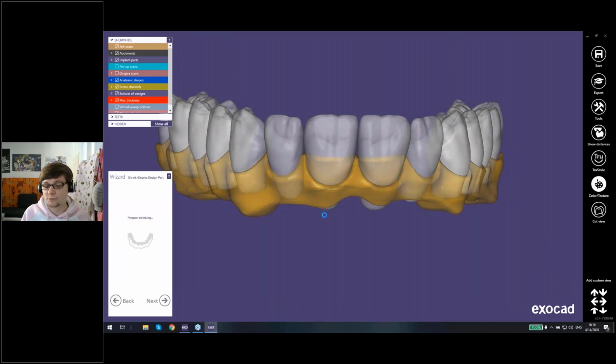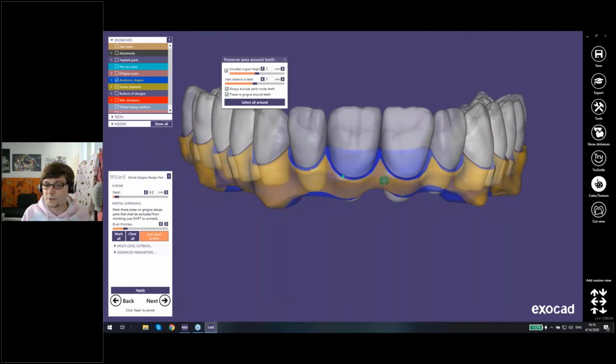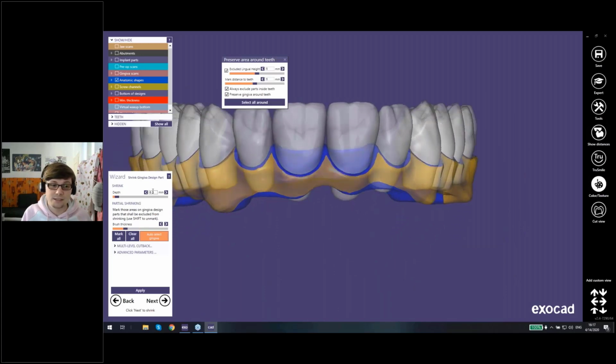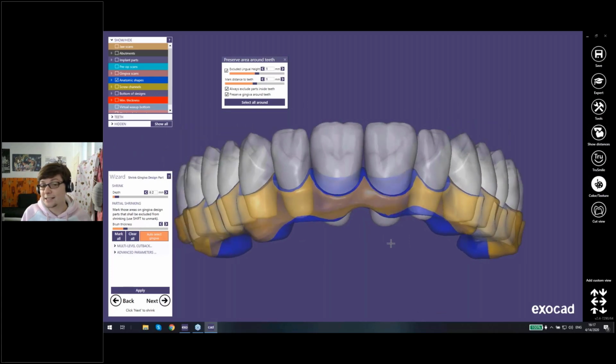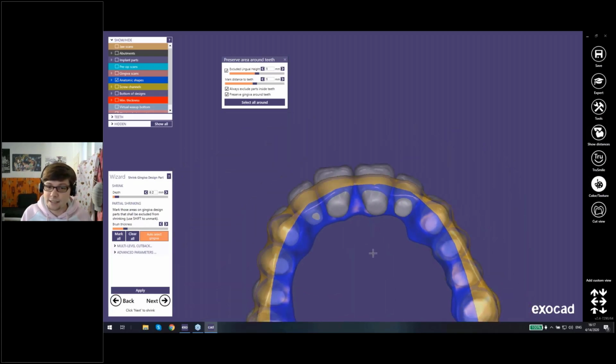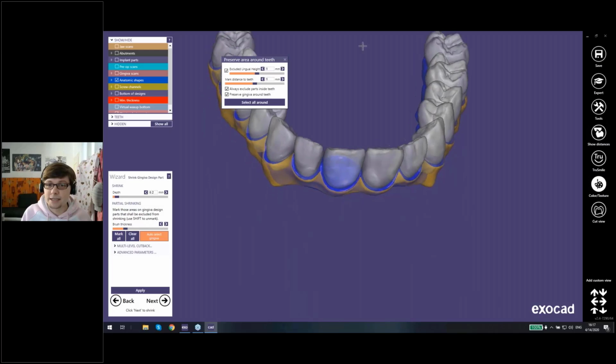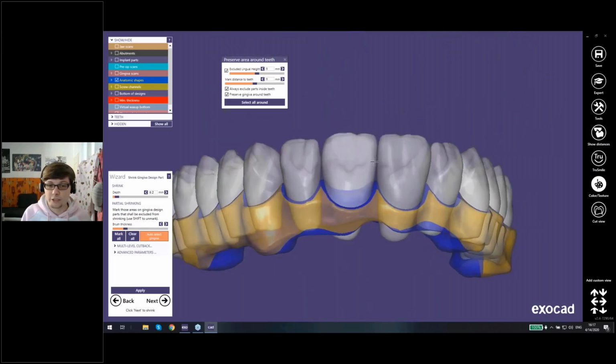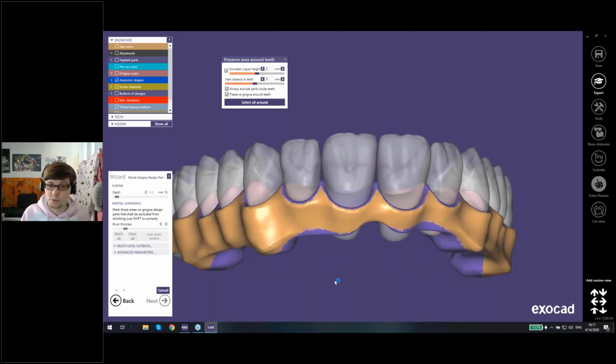And then you can just shrink the gingiva, which makes sense if you're using zirconia to shrink the vestibular side of the gingiva a little bit, in this case, 0.2 millimeters. Or if you're using metal as your base, then you obviously have to shrink it a little bit more since you need space for the acrylic veneering. So when you see it automatically marks the base and the palate in blue. This is the same as it would be if you shrink a normal crown and you want to have a vestibular veneering. And so I'm just going to press apply, and it shrinks the whole yellow marked area